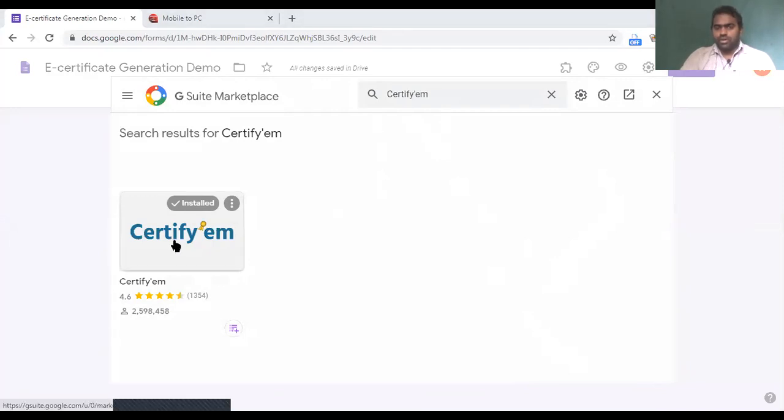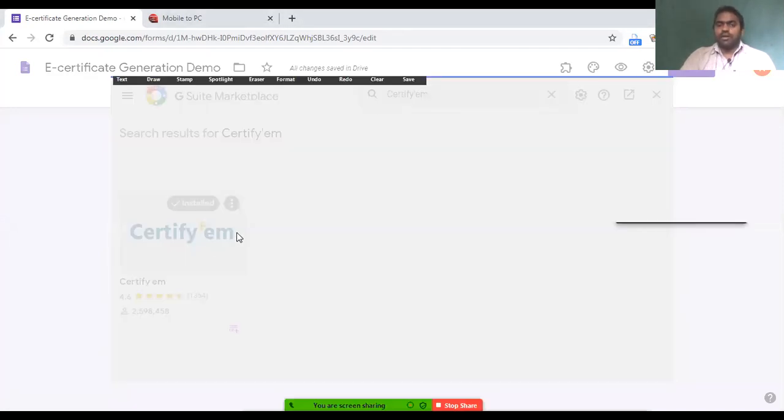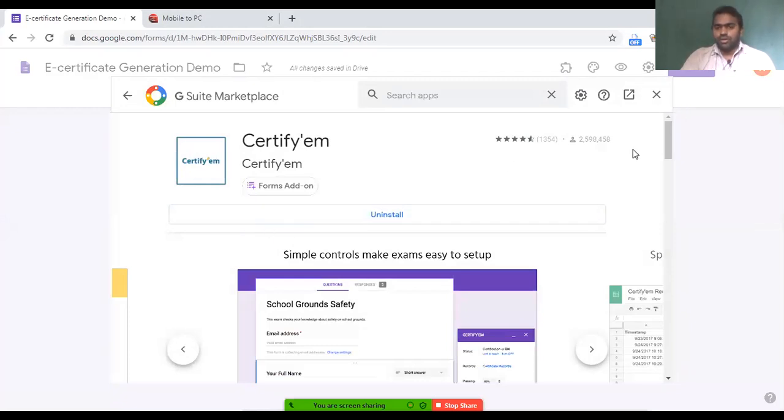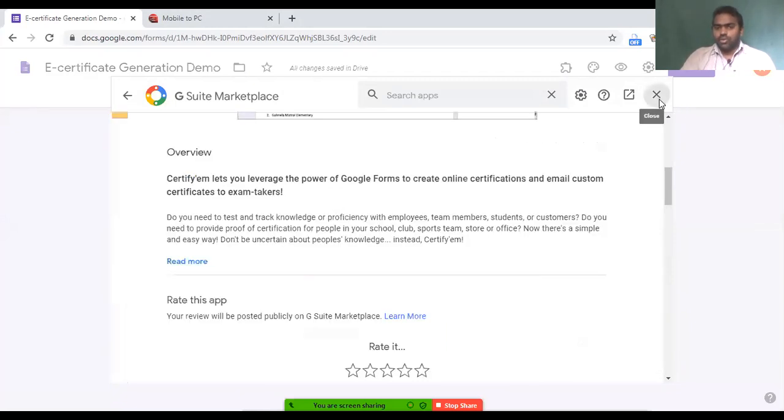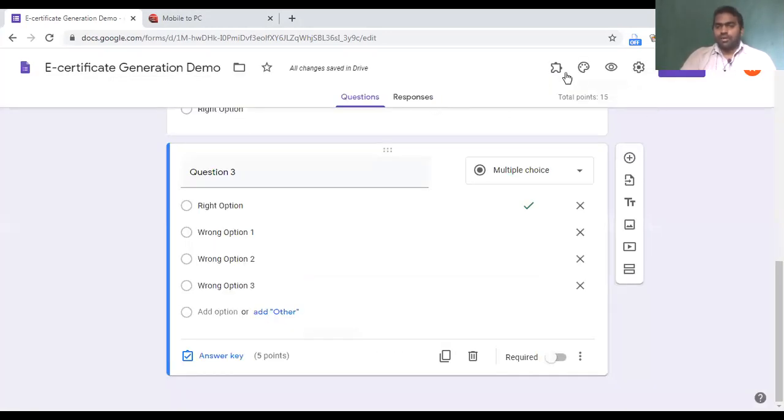Click on Certify EM and install that application. Then come back. When you add an add-on, an icon like this will be added here. Click on that, then click on Certify EM.